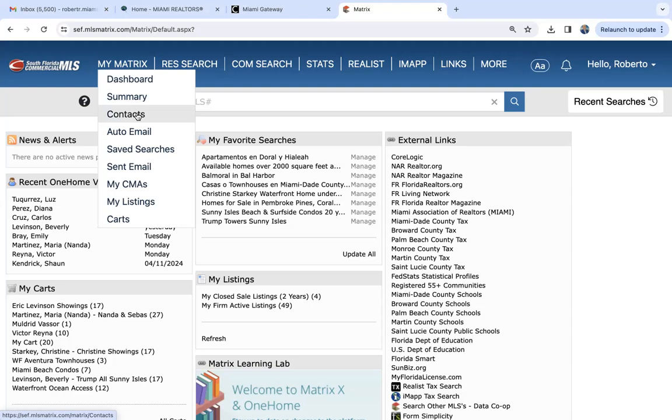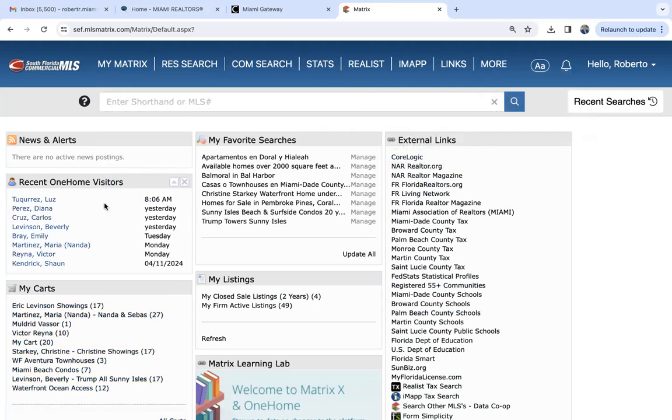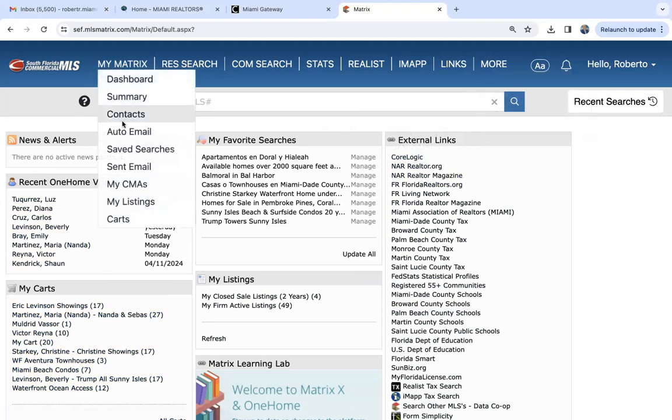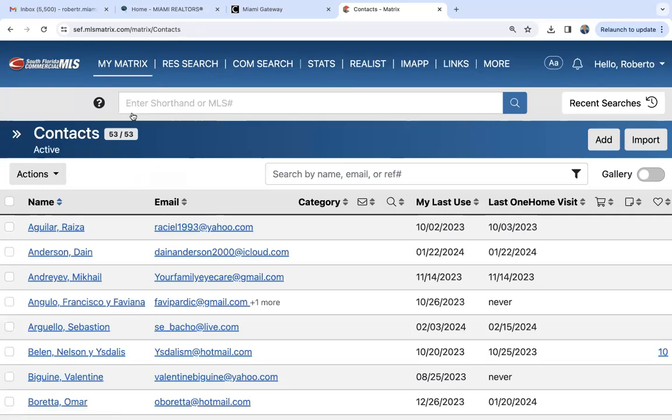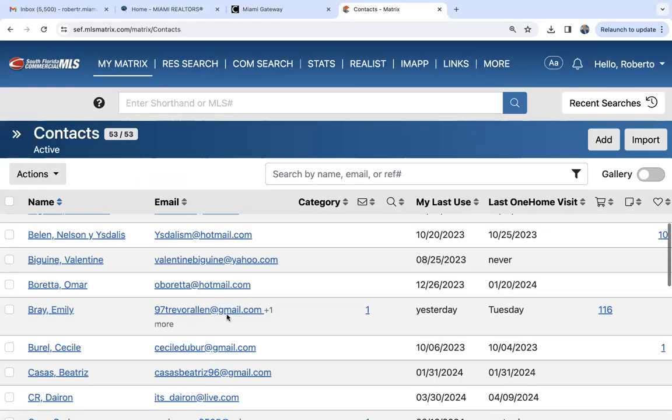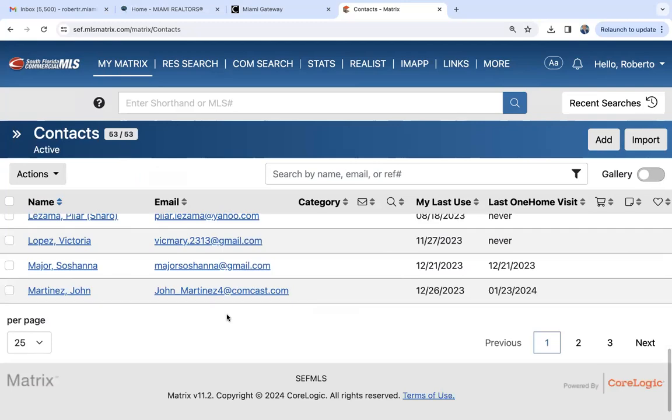I recommend that you only add those people who you are working with to find them properties to the contacts. Don't go to your Gmail or your Outlook or your phone and upload all of your contacts into Matrix, because this is not a CRM. This is an MLS. So you should only have your real contacts. Any lead that you have received, or any referral that you have received, or any client that you are working